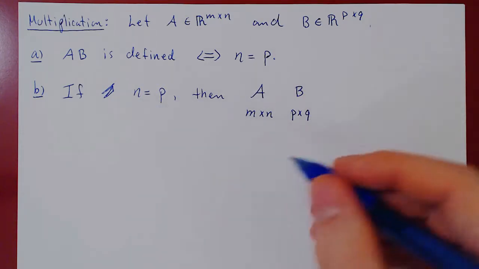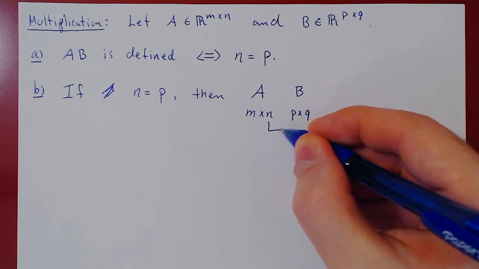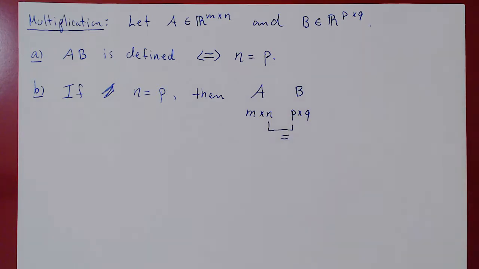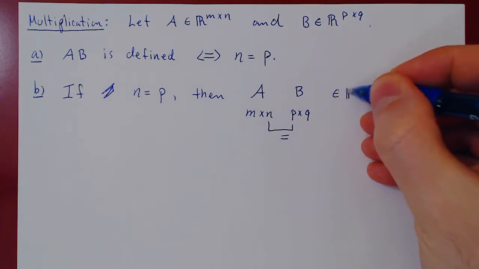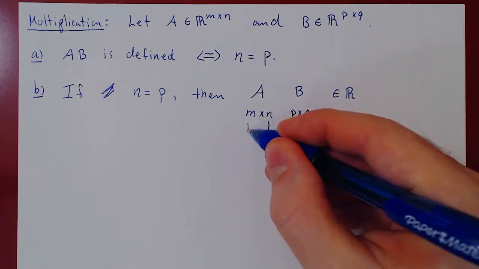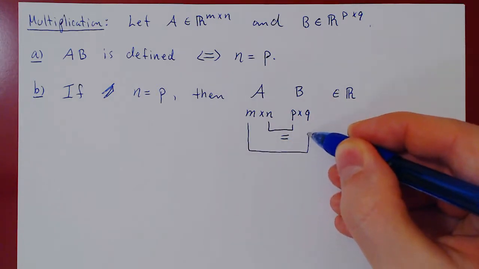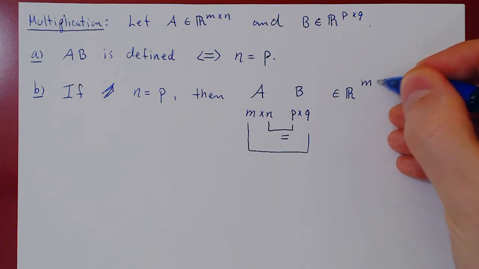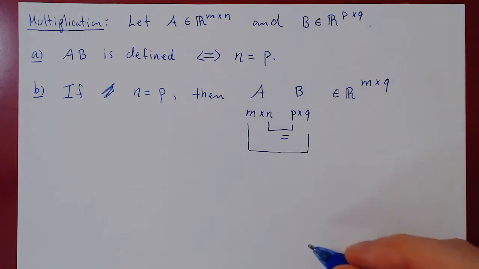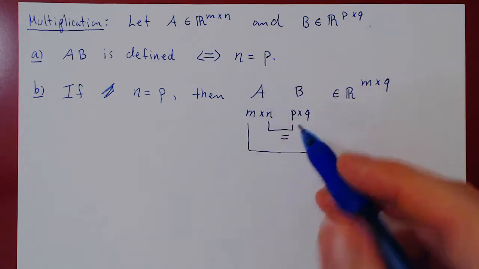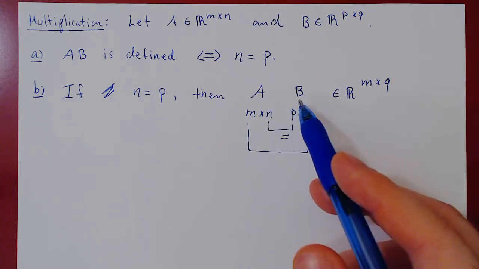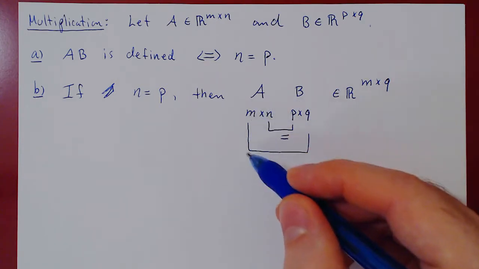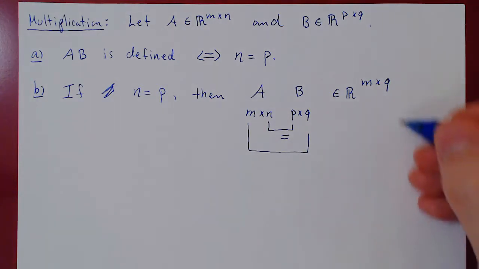So if n equals p, the number of columns of A equals the number of rows of B, the multiplication between A and B is defined, and the result will be an m by q matrix. So m rows by q columns. So that's the first part. If n equals p, you can multiply A times B, and the result will be an m by q matrix, where